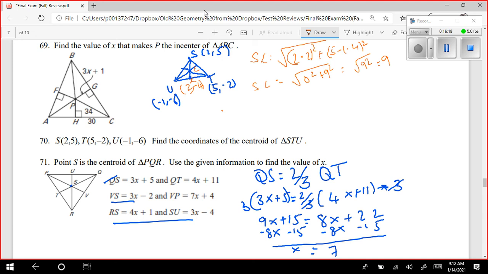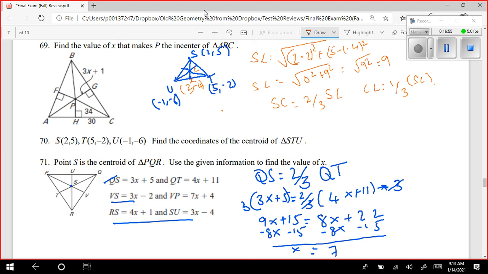And SC is going to be 2/3 of SL. And CL is going to be 1/3 of SL. You know that. The distance of SC is such that it is 2/3 of SL. To find SC, I don't have the coordinates of C. I don't have the coordinates of the centroid.